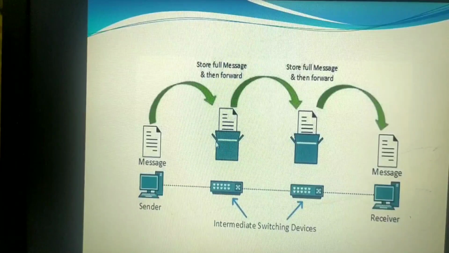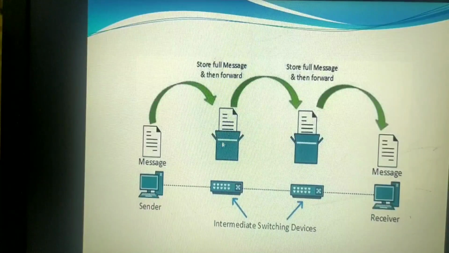Okay, and that letter will stay in the post office for some time until the next postman comes and receives it. When the next postman comes and receives it, there will be many destinations. Different people will be writing letters. Some letters may go to Mysore, some will go to Bangalore, some may have to go to Hyderabad. Depending upon the destination address, that postman will forward it to the nearest post office that makes a path to reach Bangalore city.